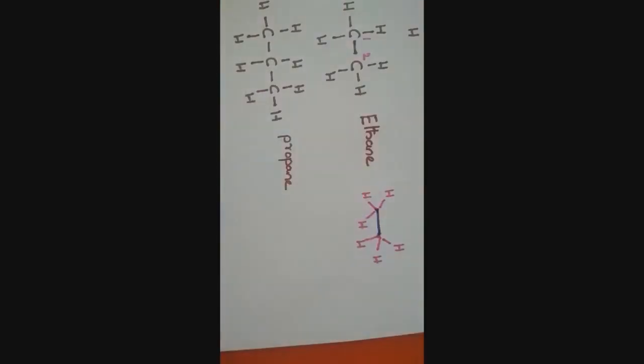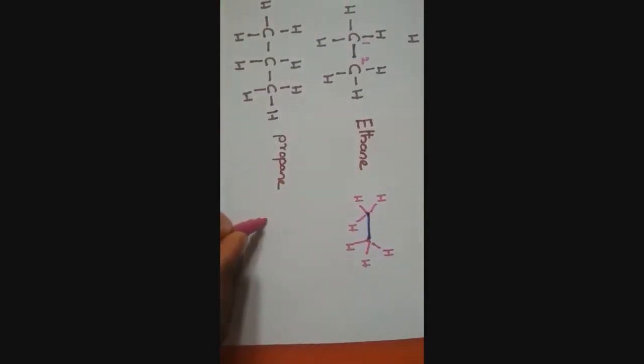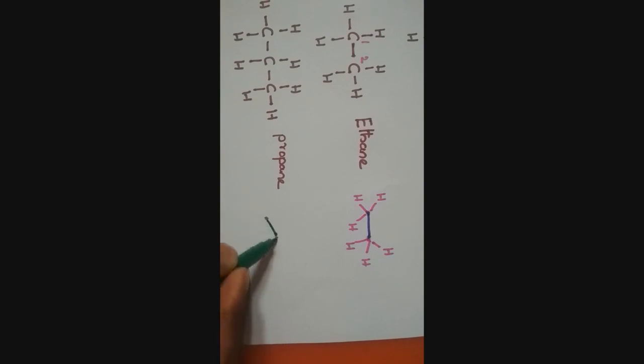Like that only, if you take propane, you can write a carbon, and connect through a bond another carbon, and one more carbon. The end carbon is surrounded by 3 hydrogens; the middle carbon already contains 2 bonds, hence only 2 hydrogens are present; and the other end carbon contains 3 hydrogens. This indicates the condensed formula of the molecule. Hence, you can write methane like this, ethane like this, and propane like this.